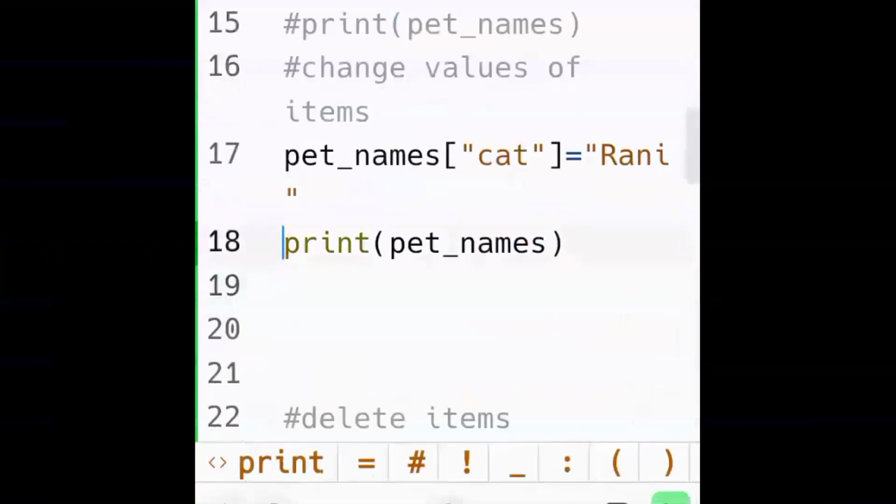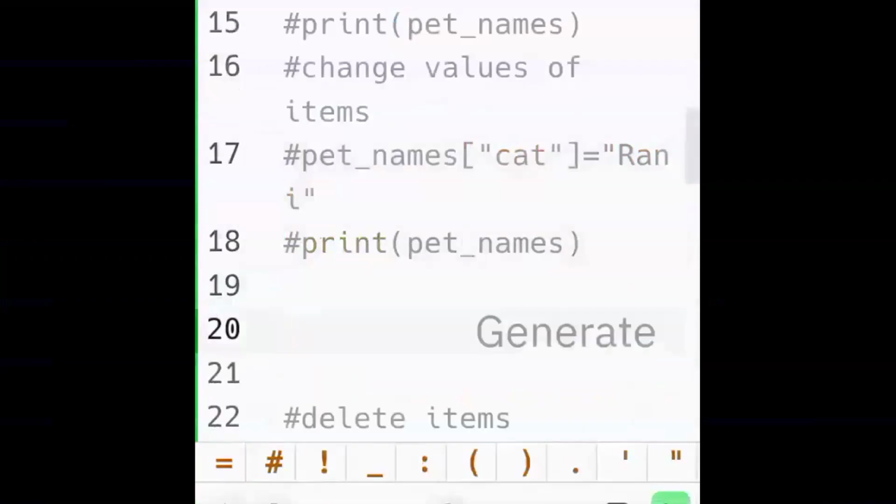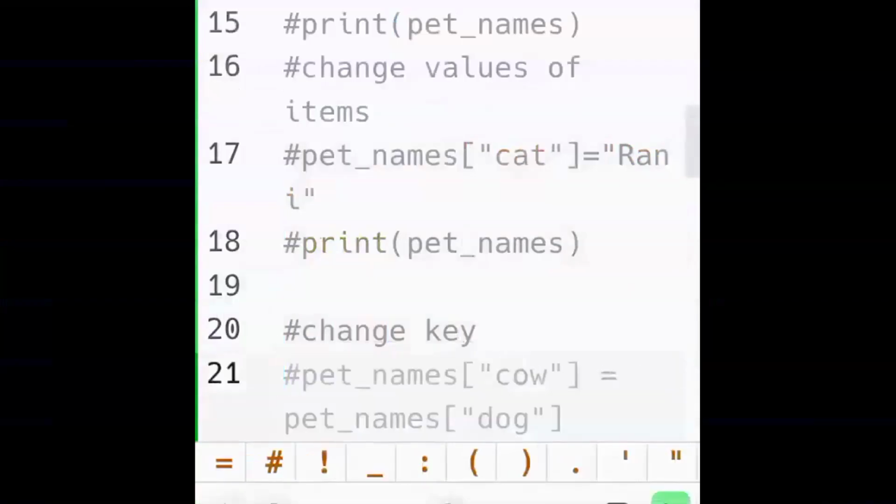You are allowed to do that using the update method also. But as of now, we are just sticking to these basic methods in dictionaries, which are the easier ones to follow as a beginner. So I'm just teaching you those basic methods, which you can use as a beginner in your simple projects, basic projects in Python. Okay. Now, what else you want to see? Changing the key, which is not allowed.